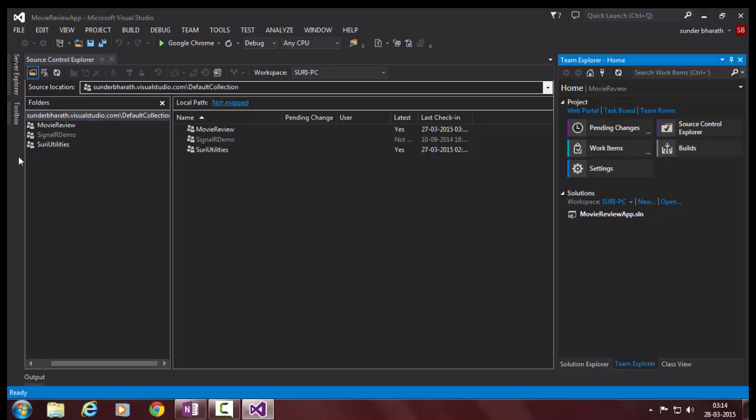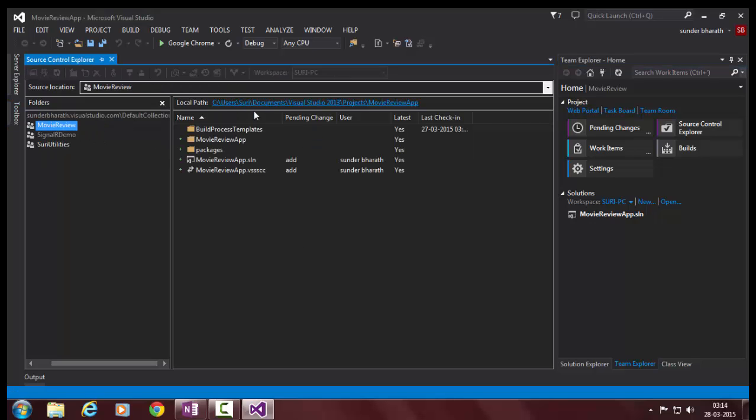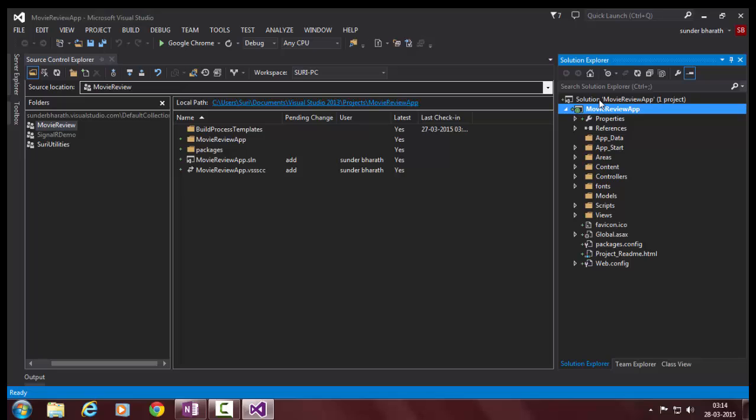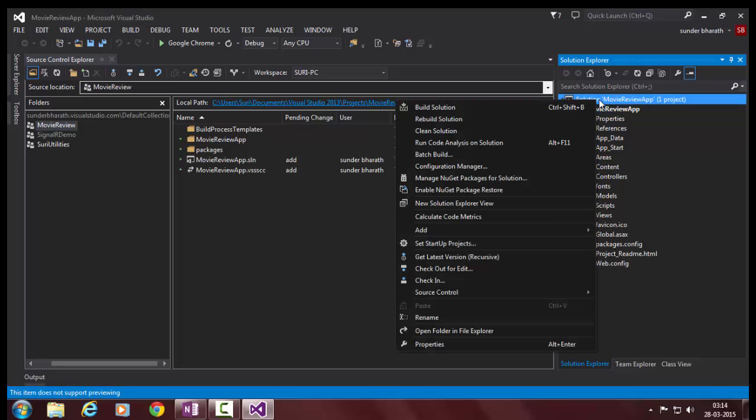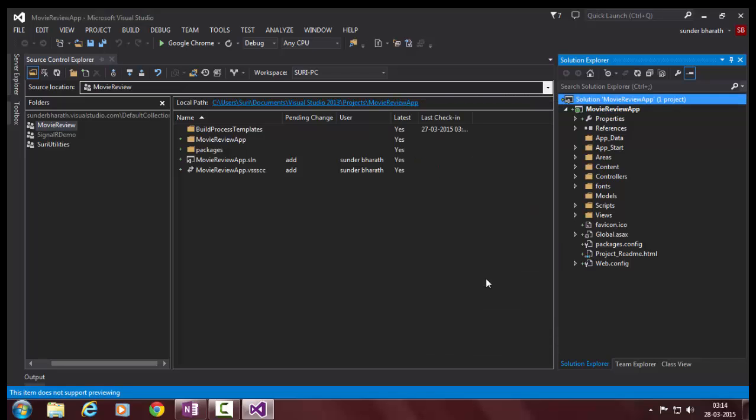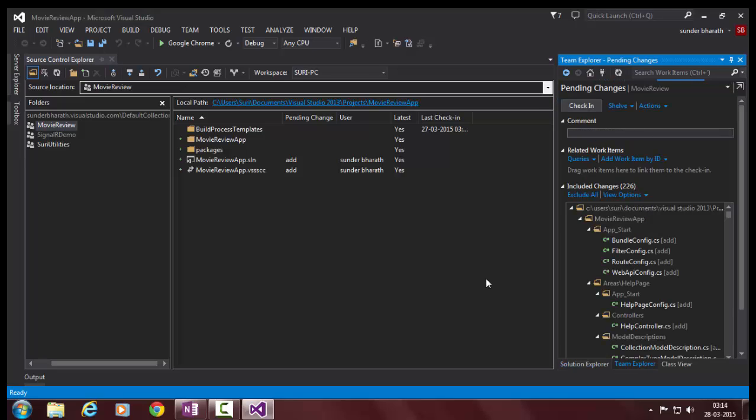And here you see I already mapped this location to it, so it automatically came inside. So I just need to go here, and this is a pretty cool part, so I just gonna check in. So all of my code is going to cloud right now. So simply say